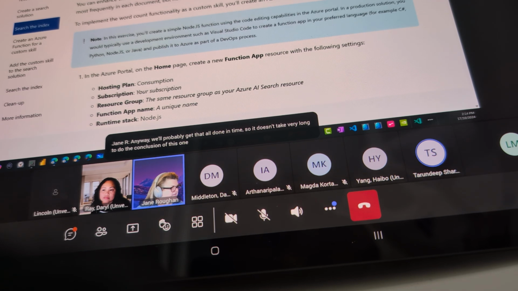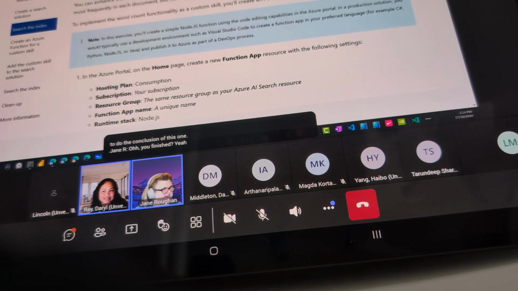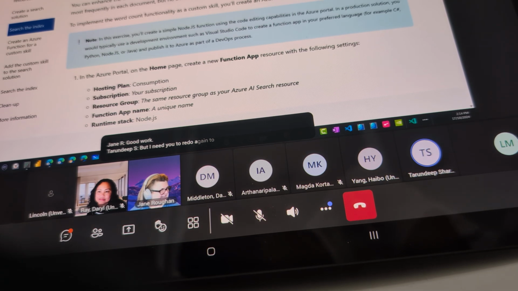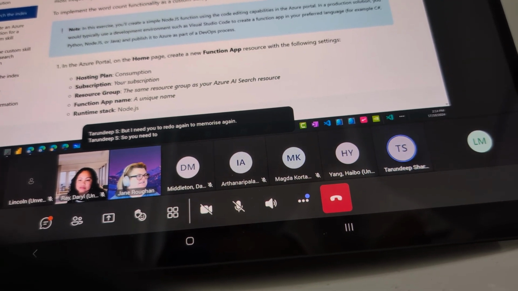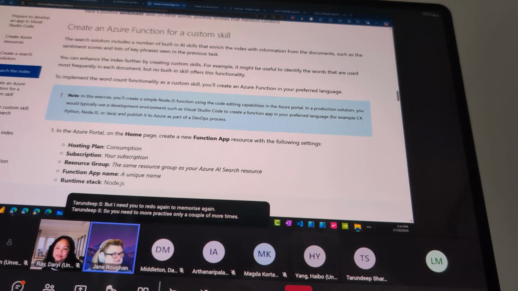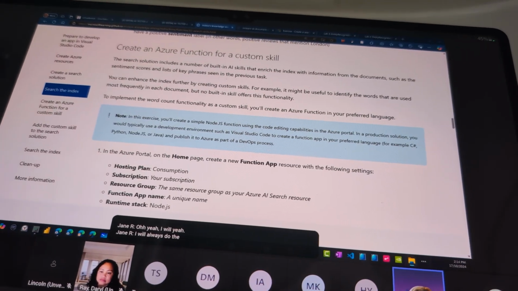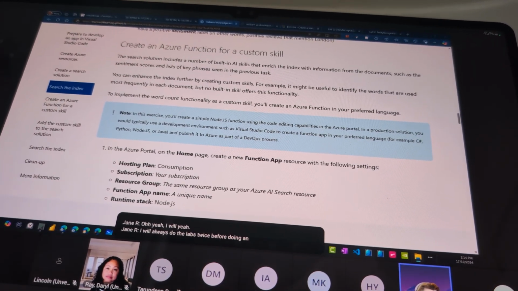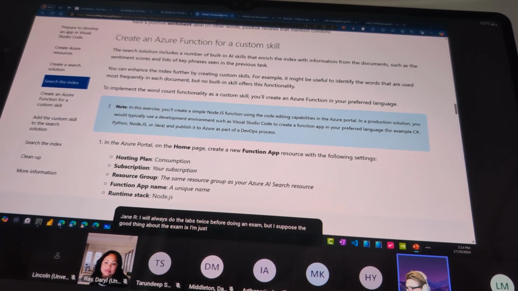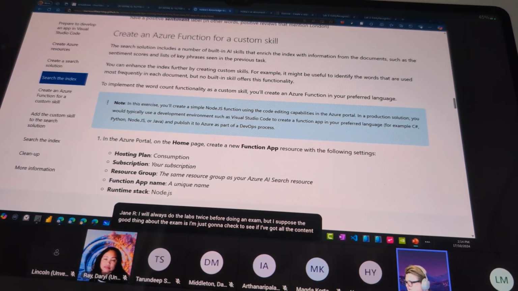I have finished all the labs in. Oh, you finished, yeah. Oh, good work, good work. But I need to redo them again to memorize again. So, oh, yeah, practice. A couple more. Yeah, I will always do the labs twice before doing an exam. But I suppose the good thing about the exam is I'm just going to check to see if I've got all the content there. I haven't got all the